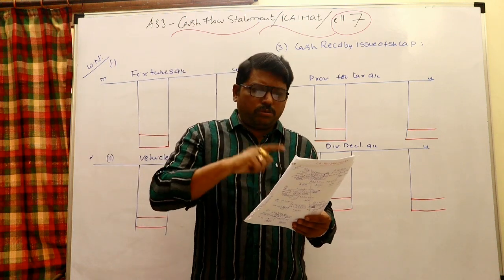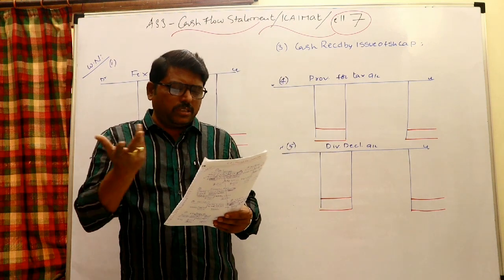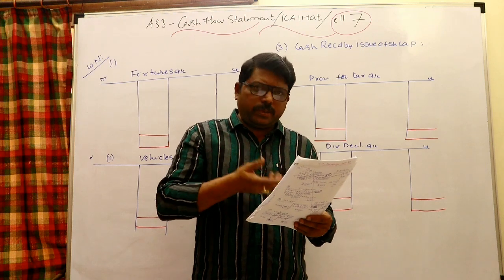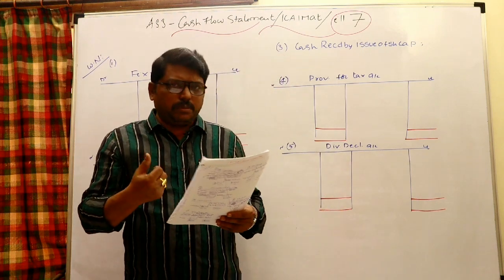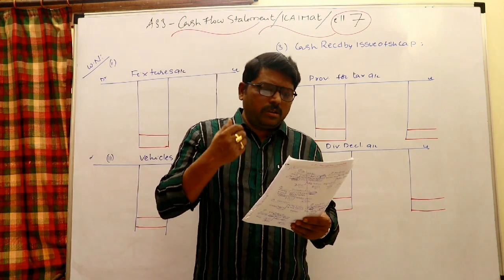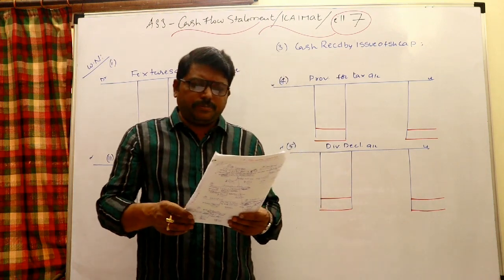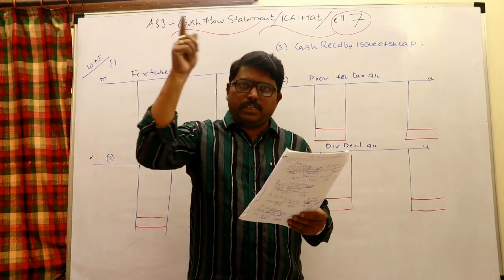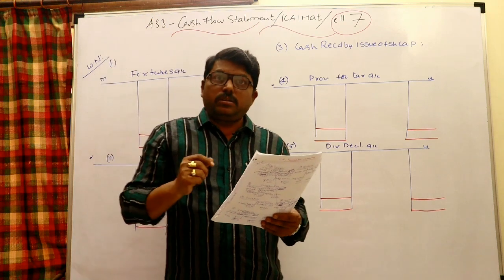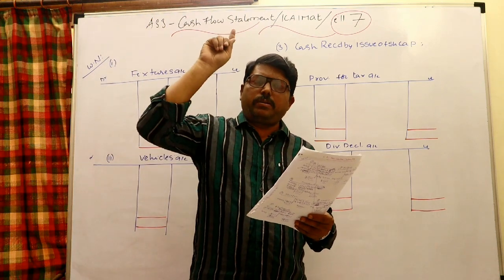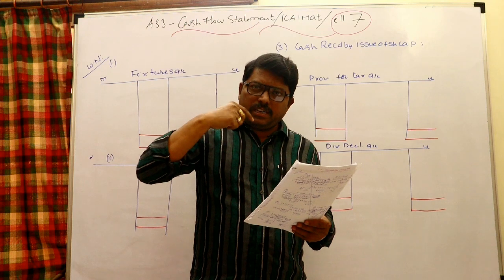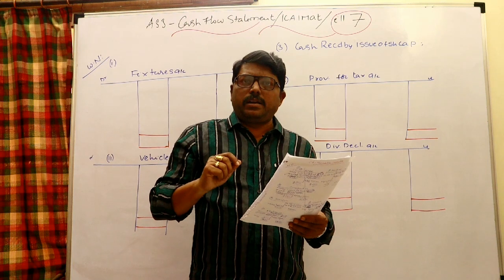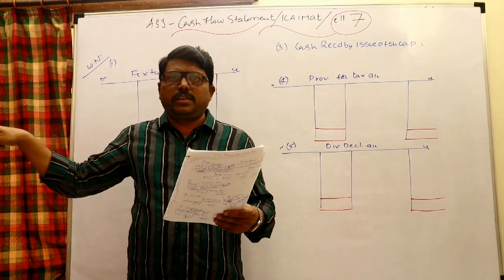Very importantly, when you do the indirect method, but of course here there is no chance for the direct method. Cash received from sale of goods, cash paid for purchase of goods, these items cannot be ascertained in the direct manner, so we should go by the indirect method only. So when you go by the indirect method, you may start with net profit as per balance sheet, this 1,000. Then what you are supposed to do: provision for tax should be added, dividend declared should be added, tax paid should be deducted from the operating activity, dividend paid should be shown as a financing activity.